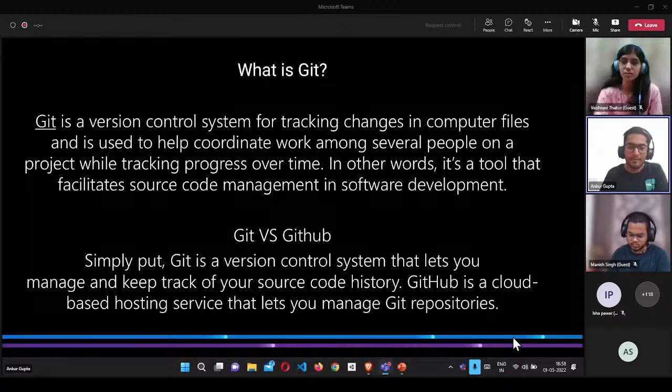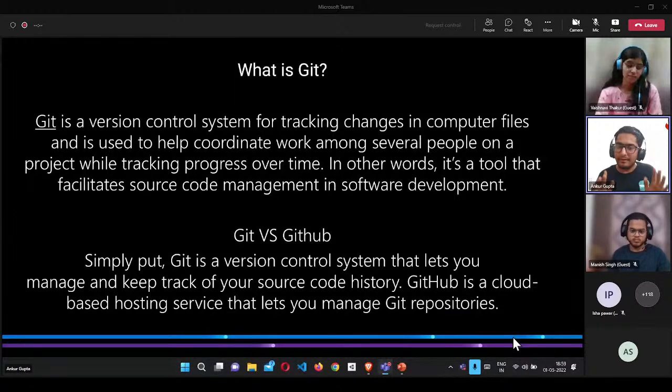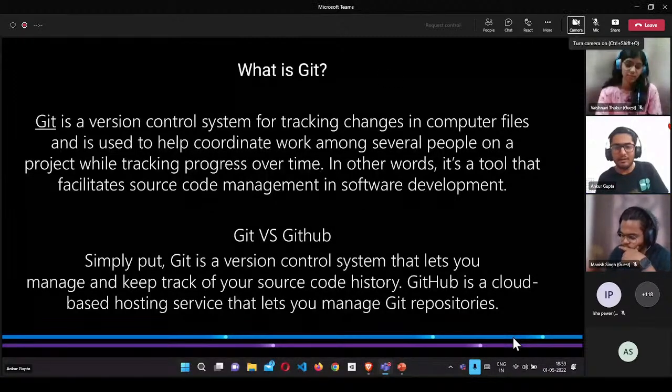Just to give you a glimpse: Git is something through which you can do all of that repository management, and GitHub is a cloud-based hosting service. Imagine you have a code. Through GitHub, you can store your code. That is all that you can do through GitHub. GitHub then lets you manage your Git repositories. Through GitHub, you can create a Git repository, and then you can make changes using the Git version control system, that is git clone, git push, git pull, everything. We'll look into these commands also later on. That is essentially what Git and GitHub are. There are also other platforms other than GitHub that people use.